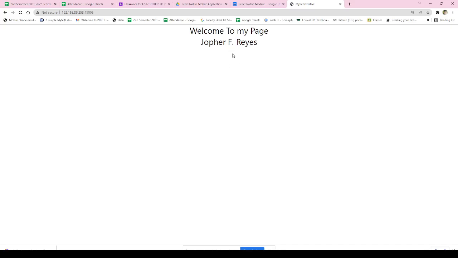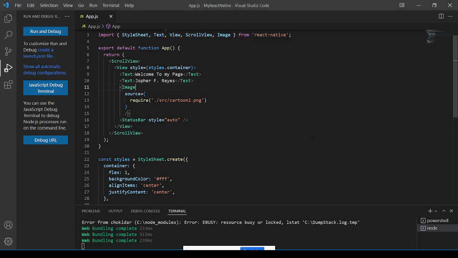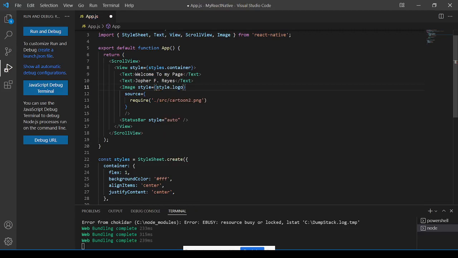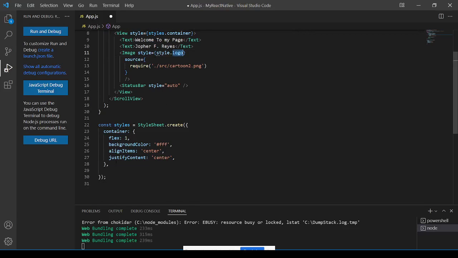So basically, we need to put some design in our source code. It is very important that you put a style on it in order for the element to show in our web page. So for example, this one, we created another cascading style or design, which is logo,